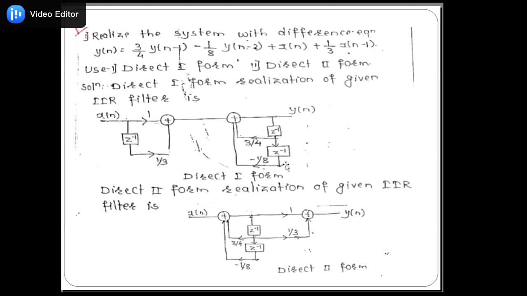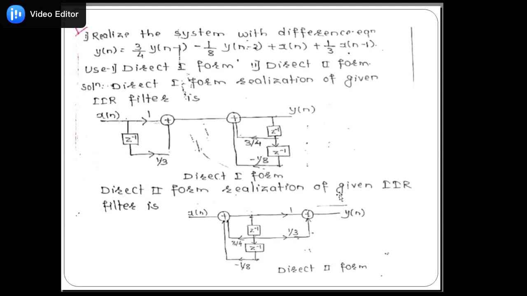Then that will be n minus 2, delay by 2 samples, that will be multiplied with 1 by 8. When you take it on the left side, that will change the sign, that will be minus 3 by 4. That's why that will provide the direction inside, that's why the sign will be changed. Then when 1 by 8 is shifted to the left side, there will be a plus sign. When you provide an inside arrow, that sign will be changed, that is minus 1 by 8.